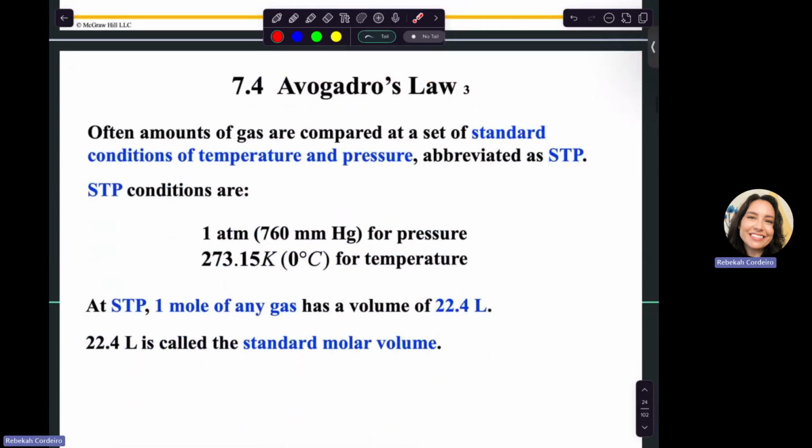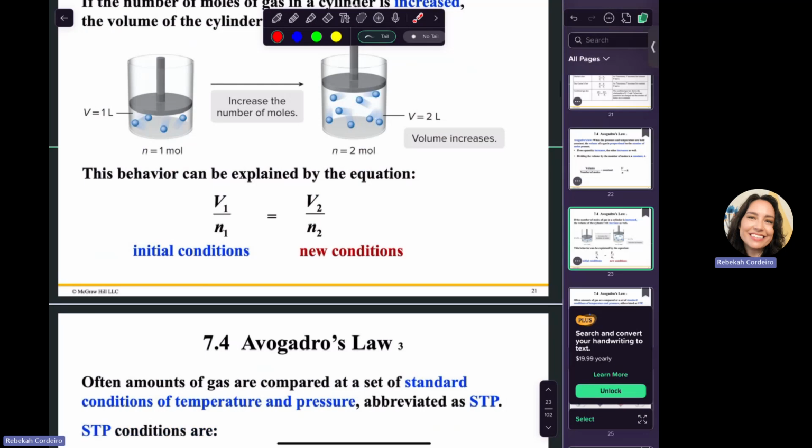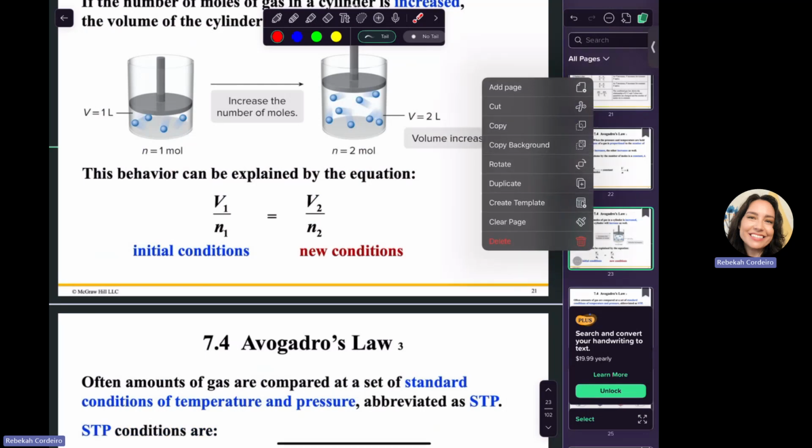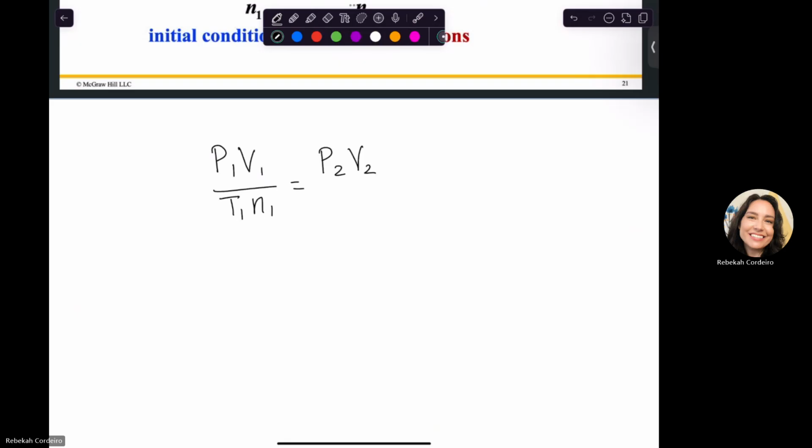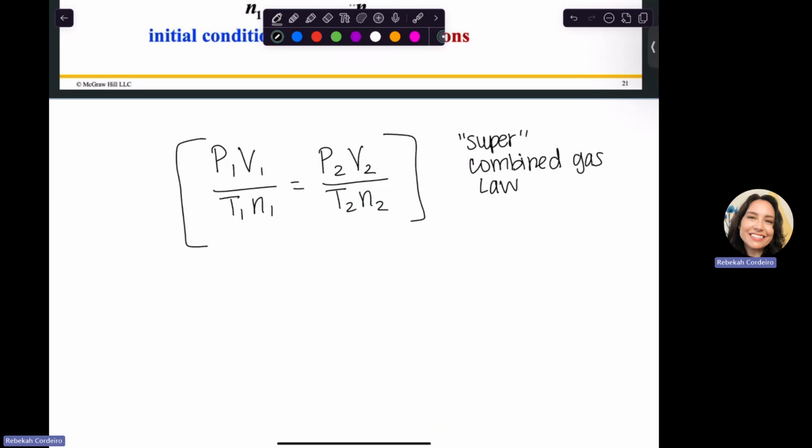And then for your super combined gas law, let me just put that in here. Super combined gas law. I like to call it PV-teeny. So P1, V1, T1, N1, PV-teeny. This would be my super combined gas law. I think it's better just to know this one versus all four of those others,